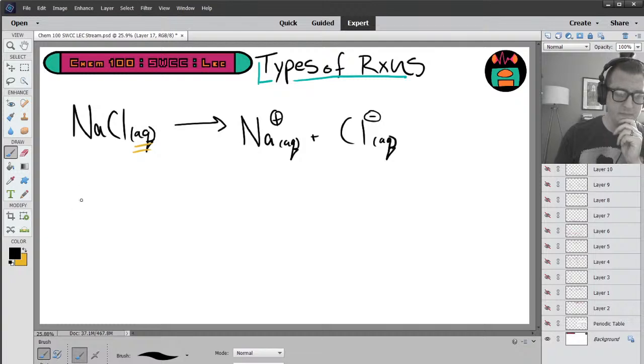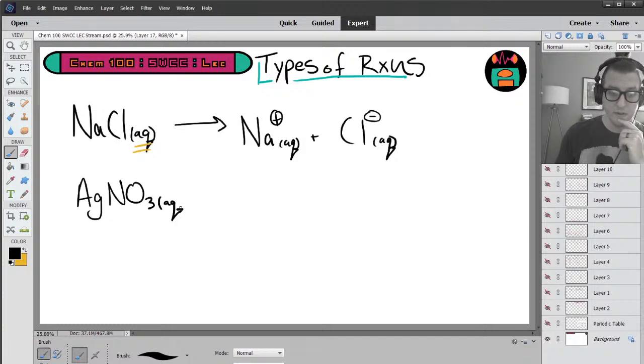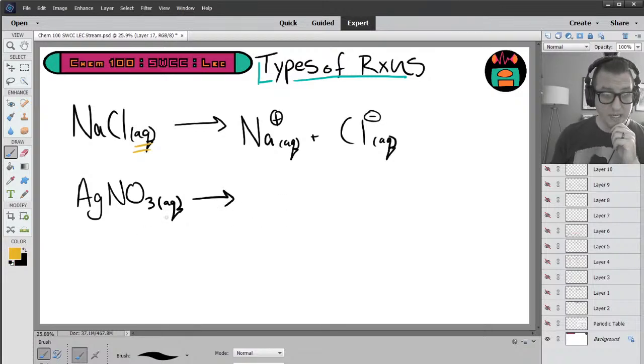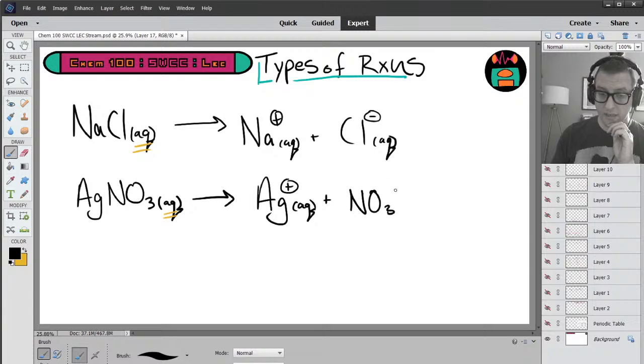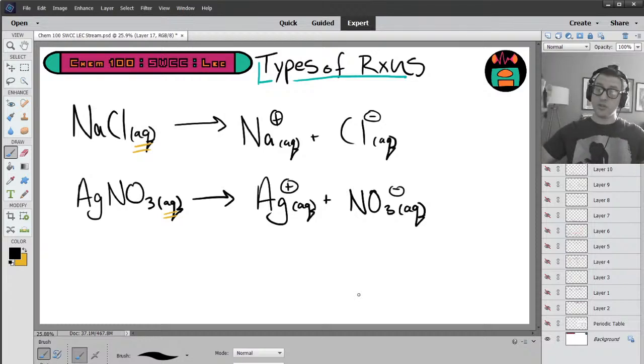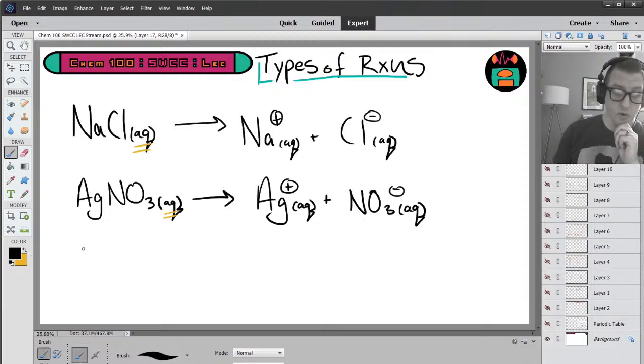If we had silver nitrate, like in the previous example, if this is in the aqueous phase, that means silver and nitrate are not associated with each other. So you have free-floating silver cations and free-floating nitrate anions. They're floating in solution. They're not together. Where this gets a little tricky is for compounds like